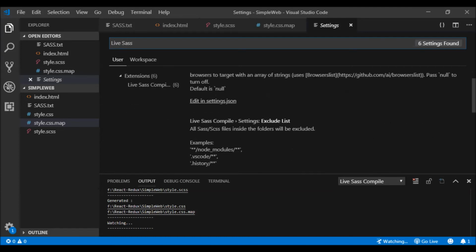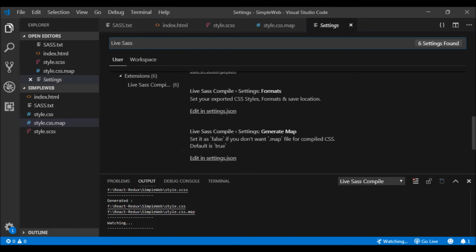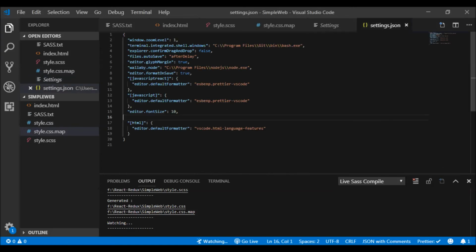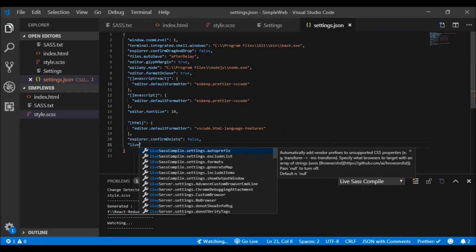Okay, and inside this settings and format, just below that we have this generate map. What it says is set it as false if you don't want a .map file for compiled CSS. We'll click on this edit live Sass compiler, put a comma, and in this we will have